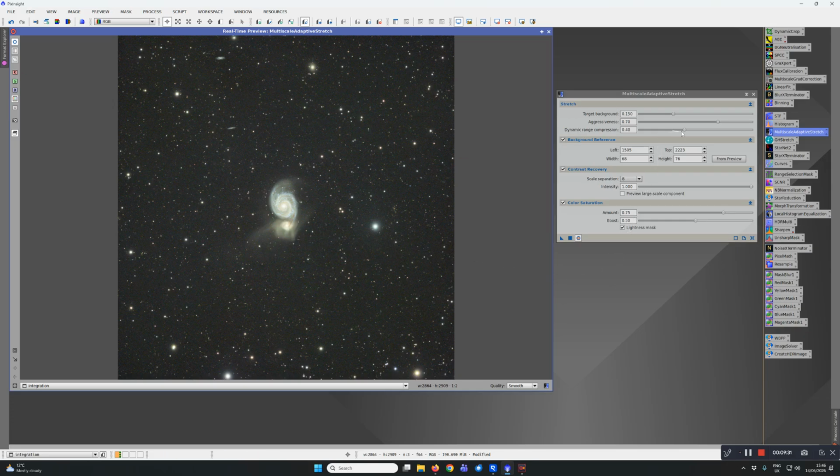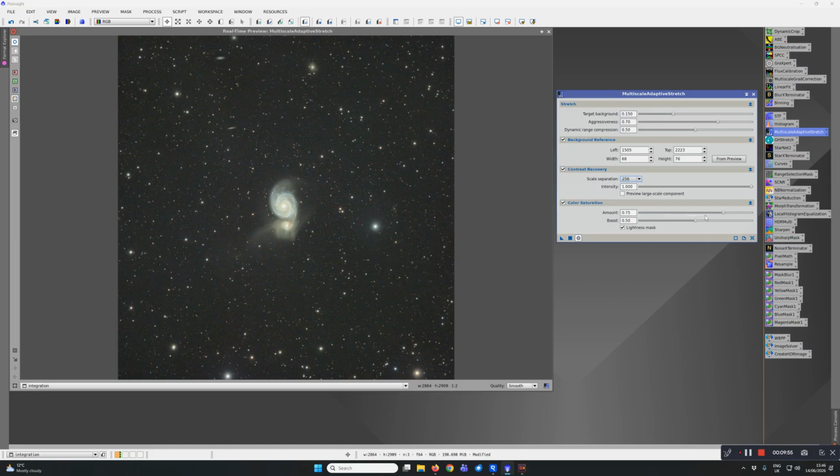So what I'm going to do is move up on the dynamic range a little bit there, move it up to 50. In the contrast recovery here, I'm going to go from 8 up to 256. And you can see that's just brought this detail down a little bit there. And then I'm going to